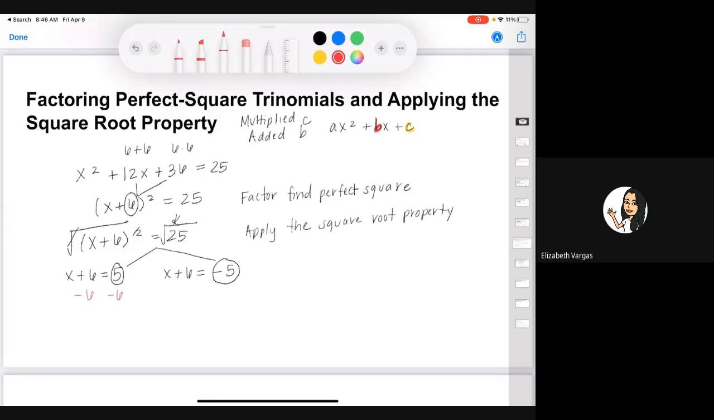Minus 6, x is equal to negative 1, minus 6, x is equal to negative 11. And so therefore, I solved for both of my solutions for which x could be. Okay, so the first thing I want to do is factor the perfect square, because once you factor the perfect square, you get your equation in the form x squared is equal to k. Now that you have x squared is equal to k, now I know that I can apply the square root property,